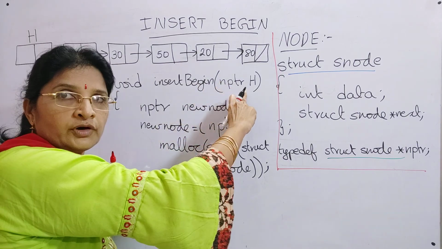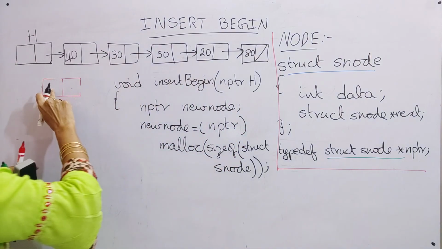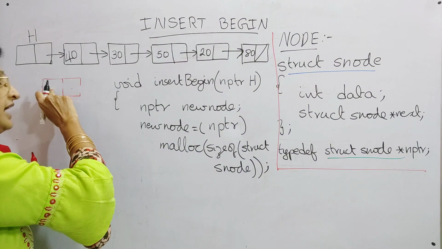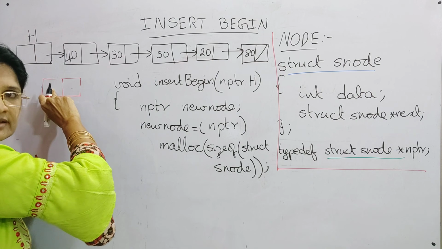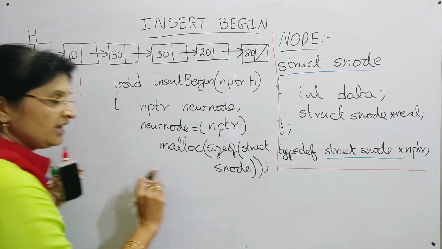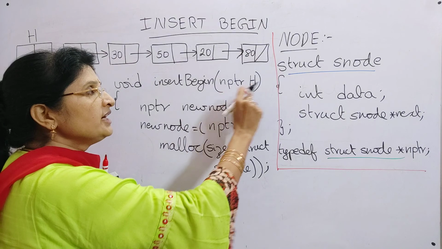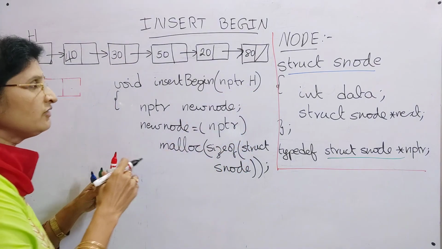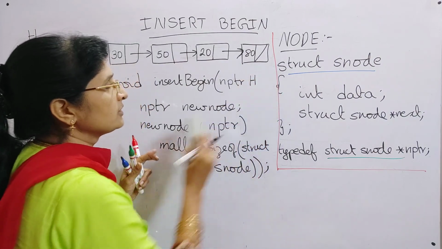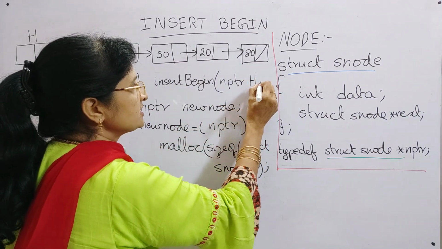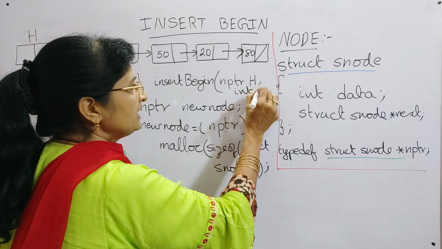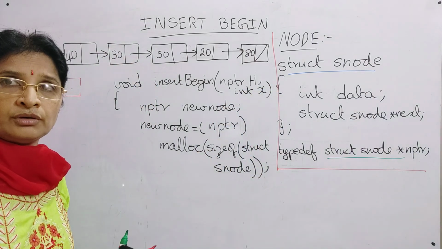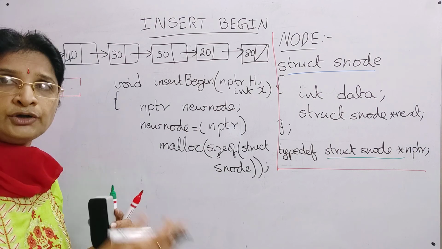For example, if the value of the data that is to be sent is x, this x value can be read from here, or it can be passed as a parameter to the function. For example, here we say that it is passed to the function. What is its data type? It is integer. For example, this is the data that I want to assign to my new node.